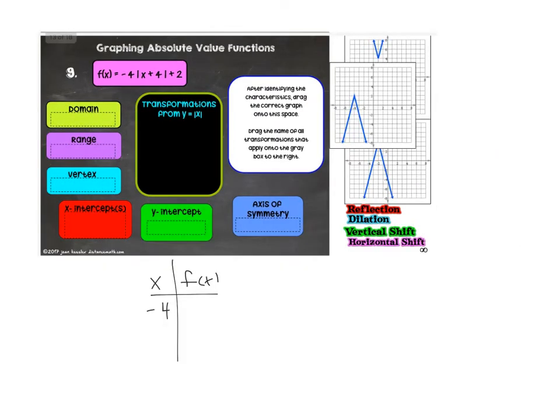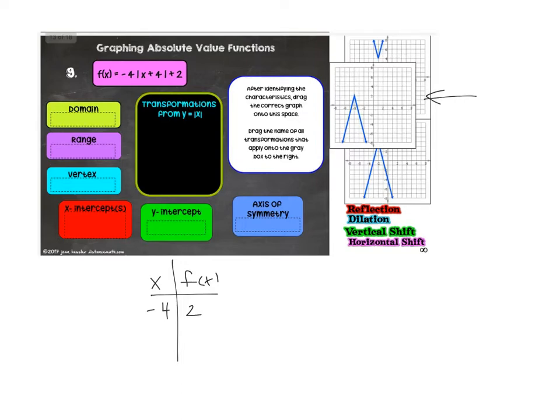Alright, so what do we need here to make this absolute value equal 0? Well, it's got to be -4. And if you plugged in -4, that would be 0. Absolute value of 0 is 0. 0 times -4 is 0. 0 plus 2 is 2. So our vertex should be -4, +2. Looks like it might be this one, but